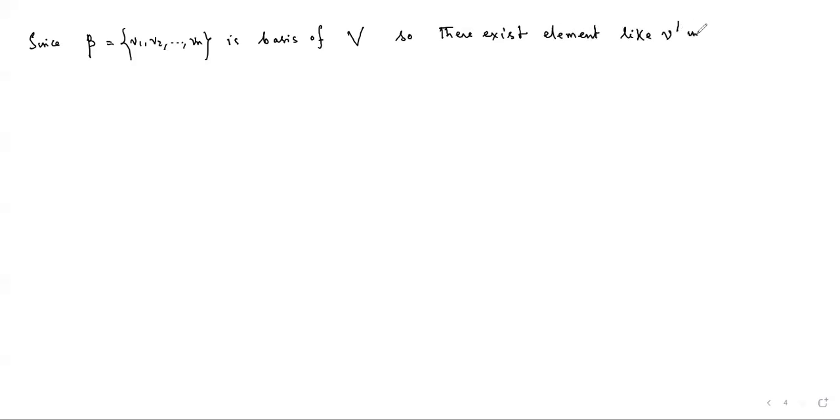Since beta is equal to V1, V2 dot dot dot Vn is a basis of capital V, there exists an element like V prime in V, their linear combination, which is a member of V, such that